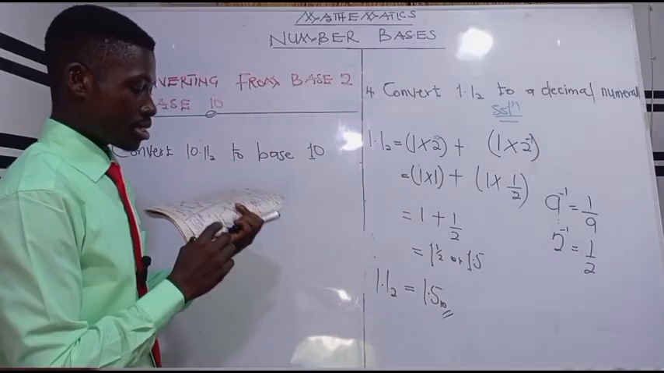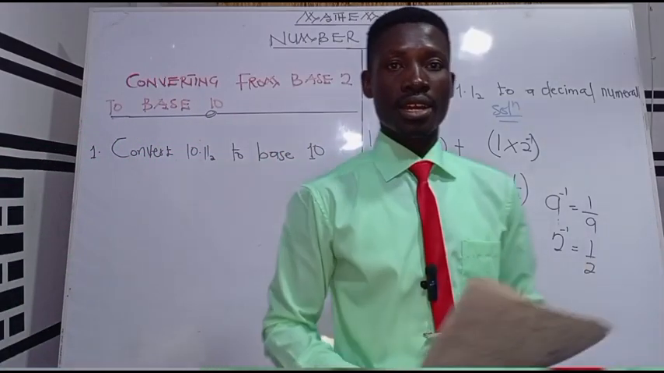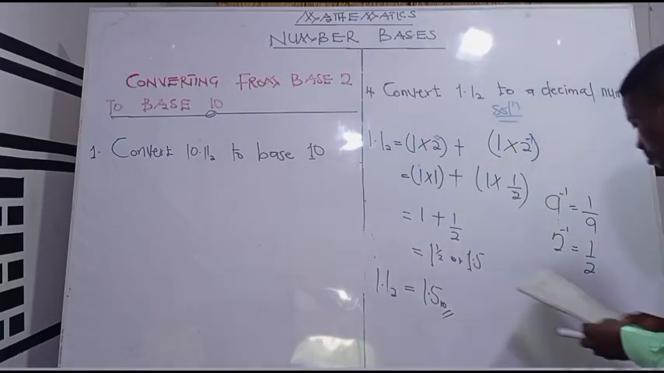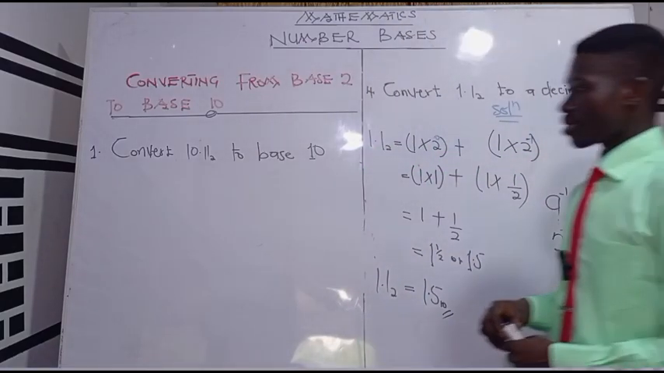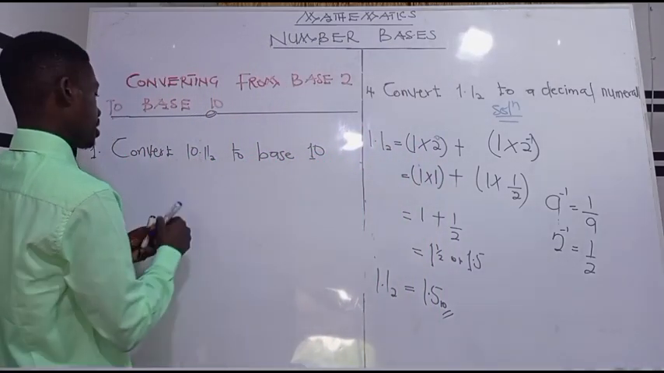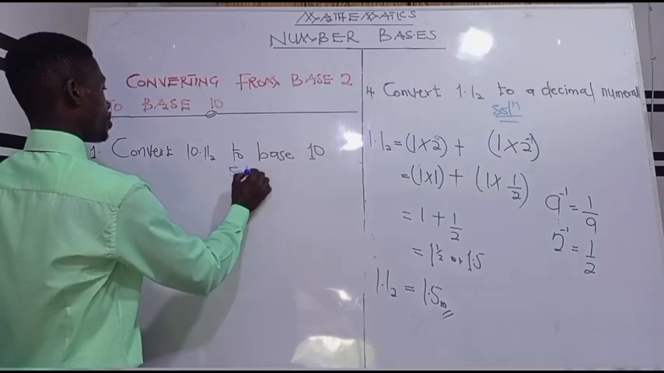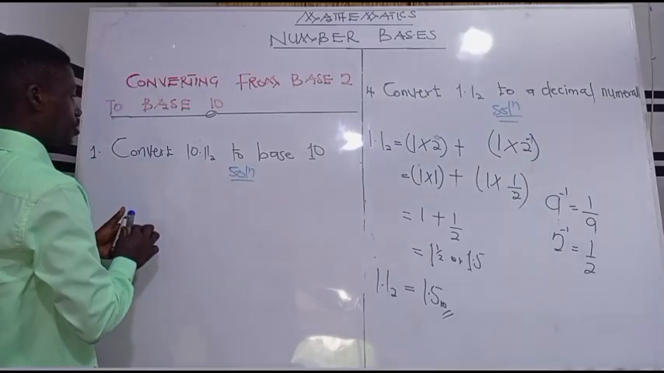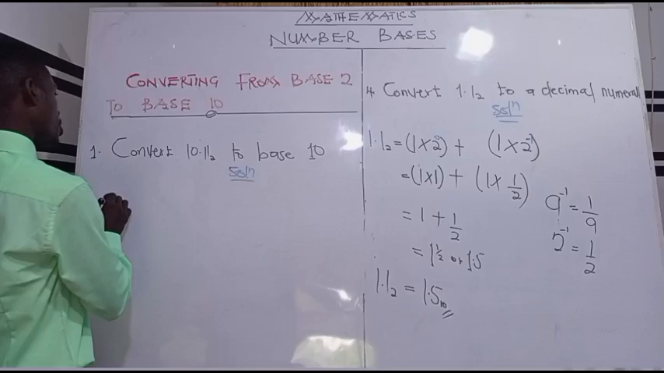So you try your hands on this and then we move on to another aspect. So I guess you were able to convert it to base 10. Let's see if you are on the right path. So we have our solution. We are going to write our number